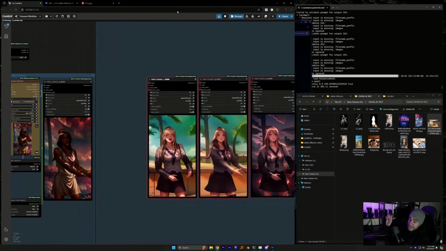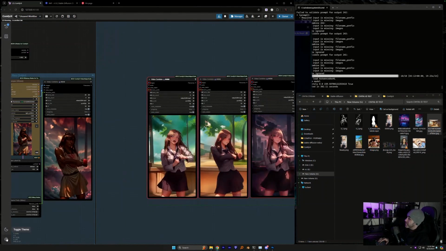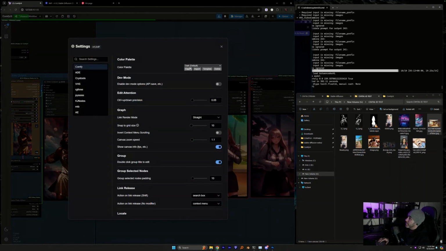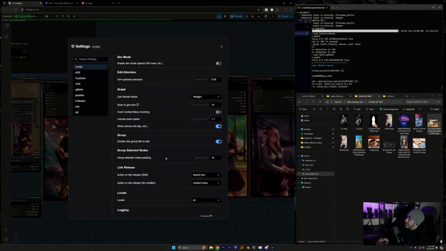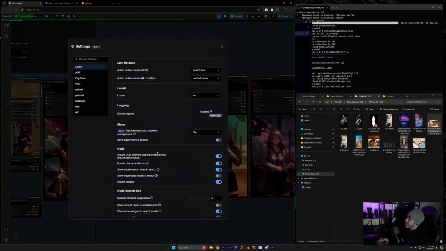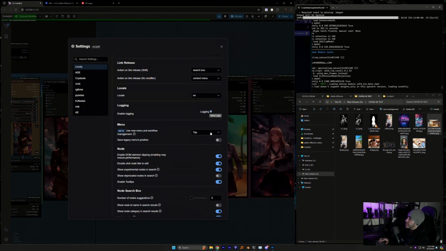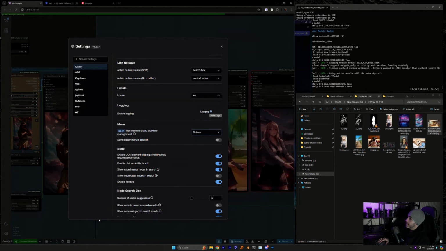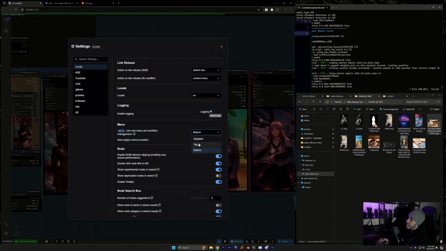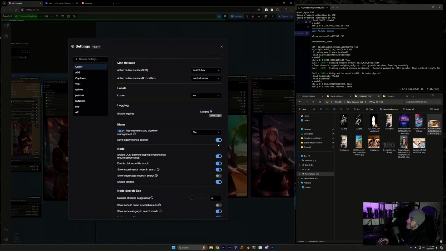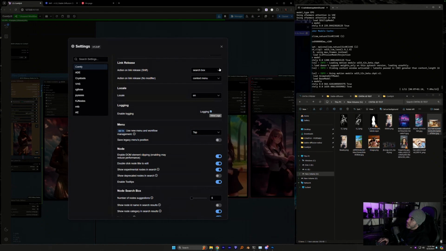So yeah, that's just Comfy, and I think you can turn the menu on the top or on the bottom. So it could be on the bottom here too. Top, or you could say legacy, and then I think it'll put it back on the side.